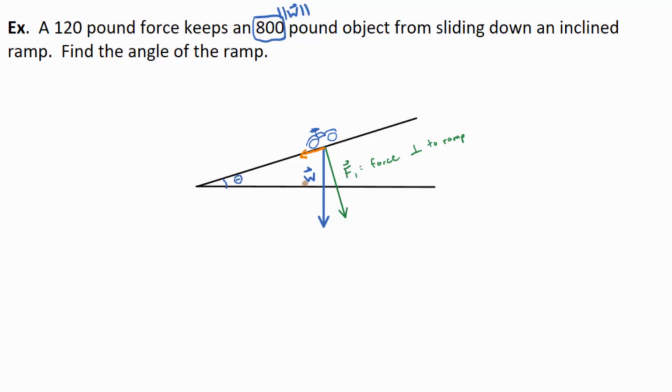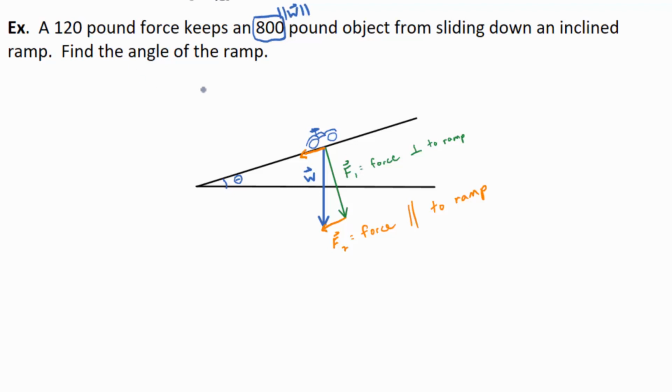But we can put that vector down here. We'll call that vector, so we're putting a copy of that orange vector down here, the force parallel to the ramp. We'll call that F2. And that's the force parallel to the ramp. Okay? And it can be shown